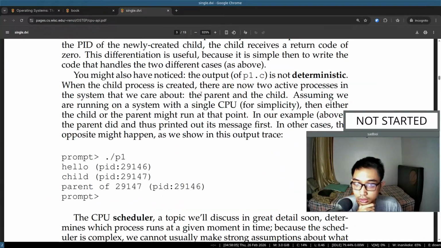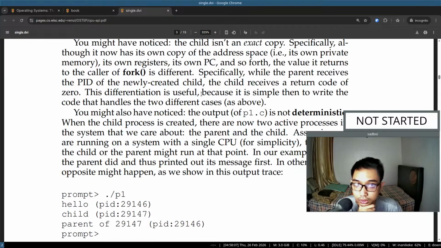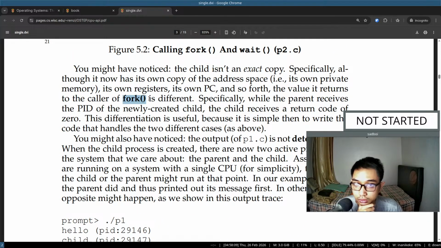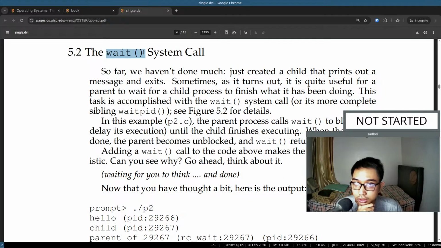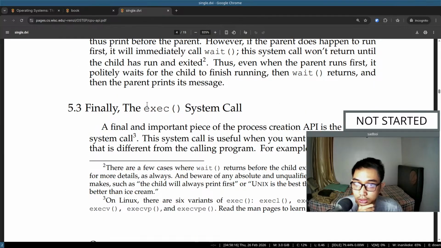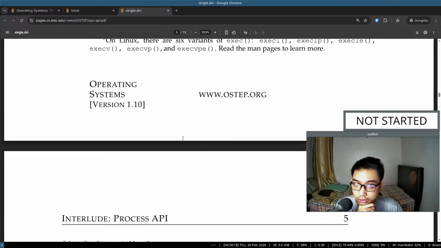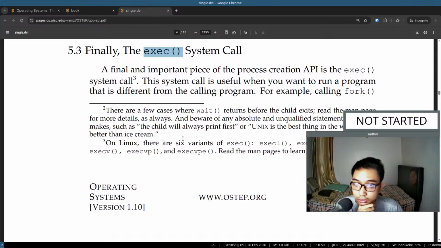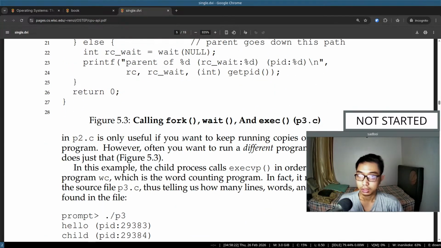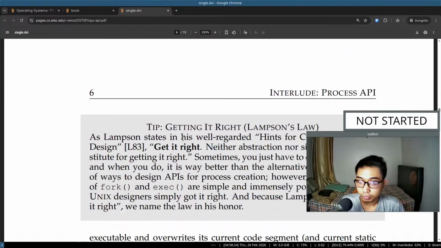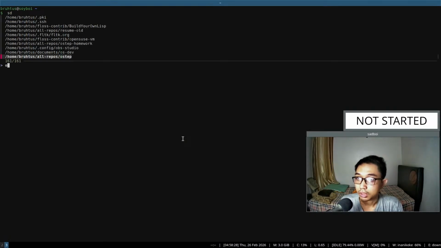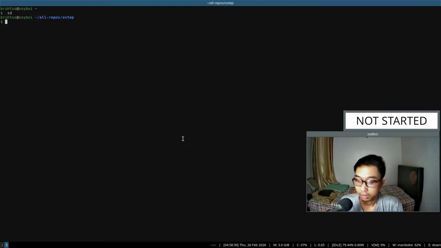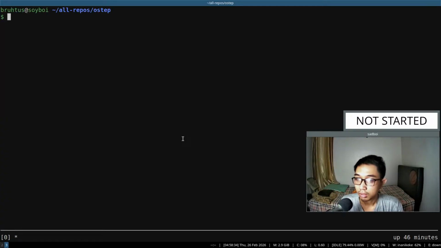Let's take a look at the fork system call. This one. And also wait. Also exec. Right. Alright, let me